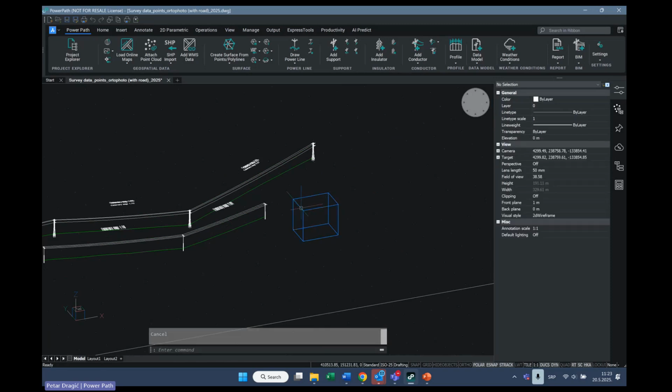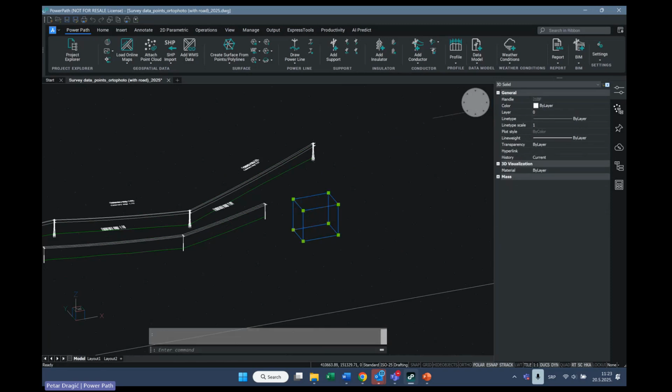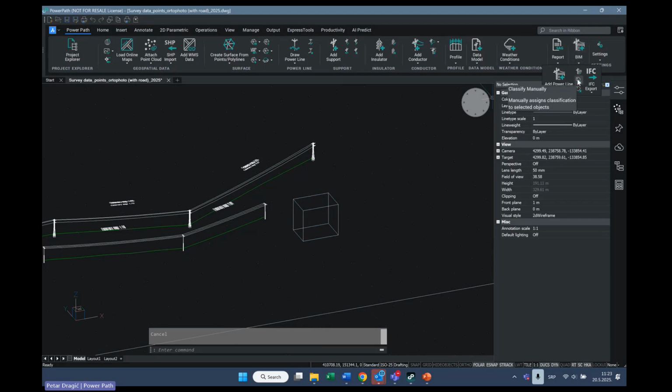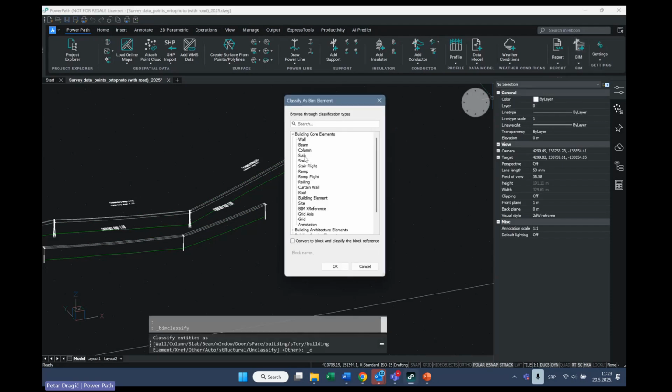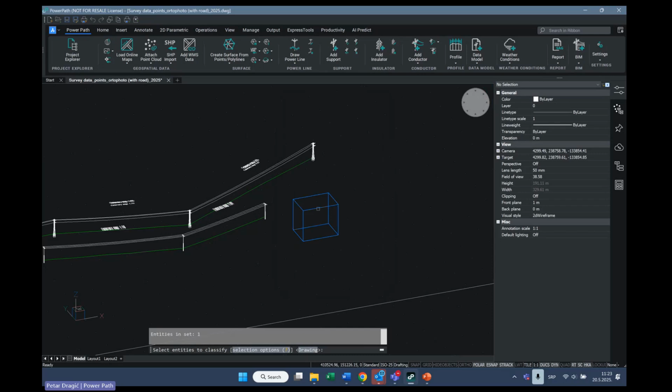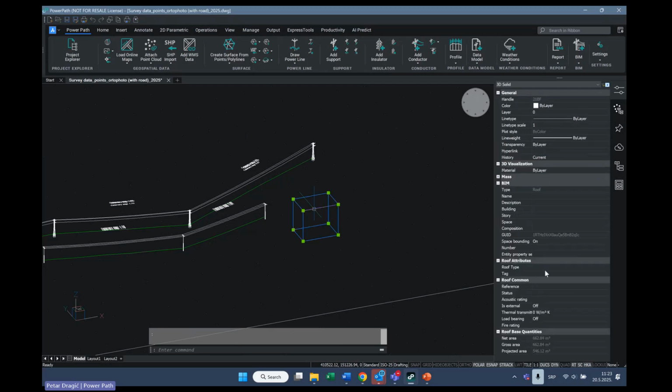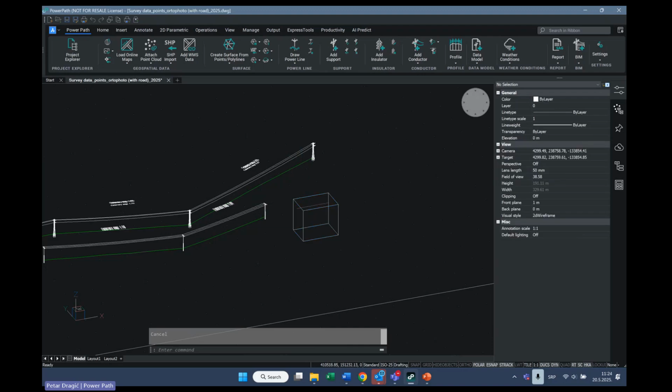As you can see, that is a 3D solid. If I go here and classify, for example, let's say this is roof, and select it, press enter, it will be classified, as you can see. And it means once it is classified, you can create and export that BIM model.